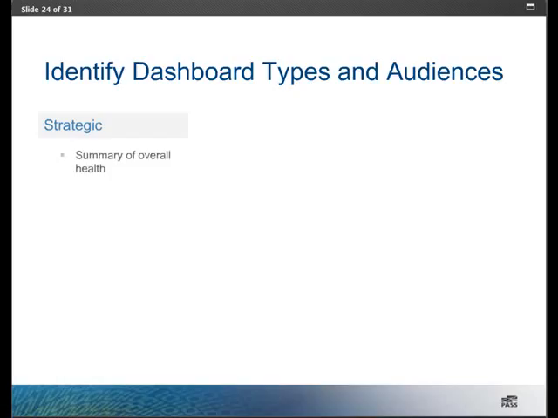And an important aspect of the strategic dashboard is that it's historical data. We're looking at the last month, the last year, and most likely comparing that period to other points in time or even further back in history. A strategic dashboard is focused on an executive audience. It means that it doesn't need a lot of detail, and it focuses on the bottom line questions that executives have. However you want to phrase it, however you want to measure it, are we making money or are we saving money?